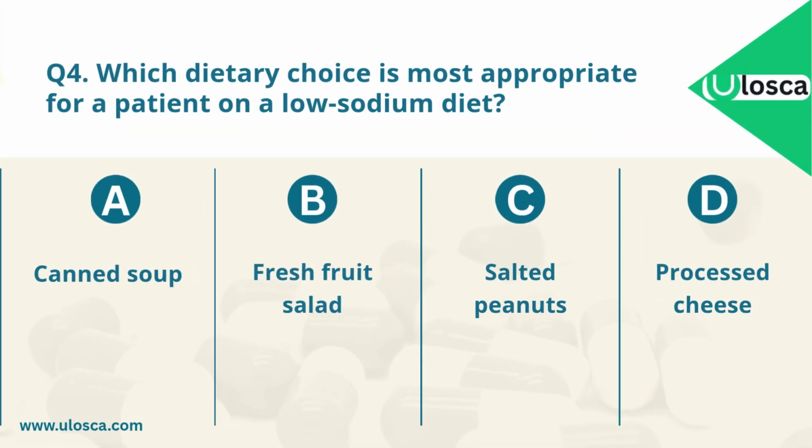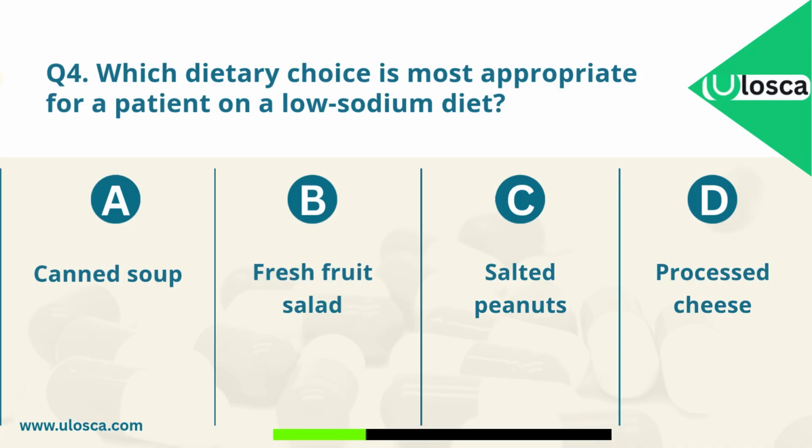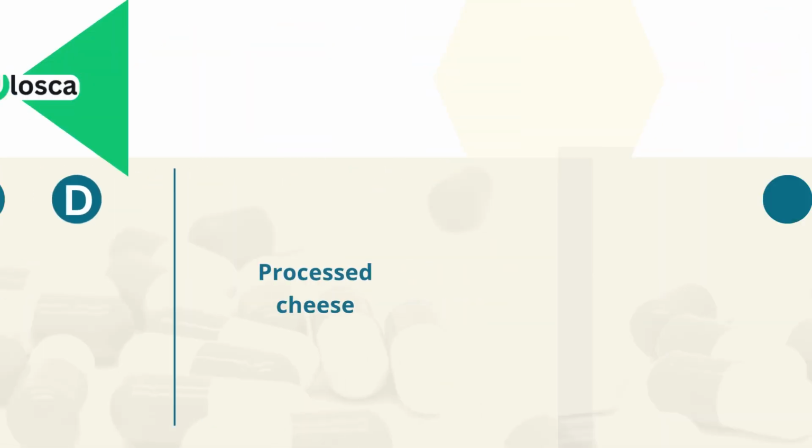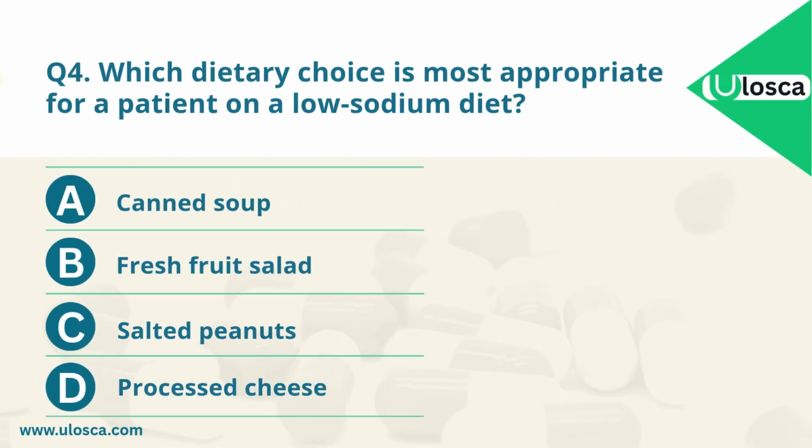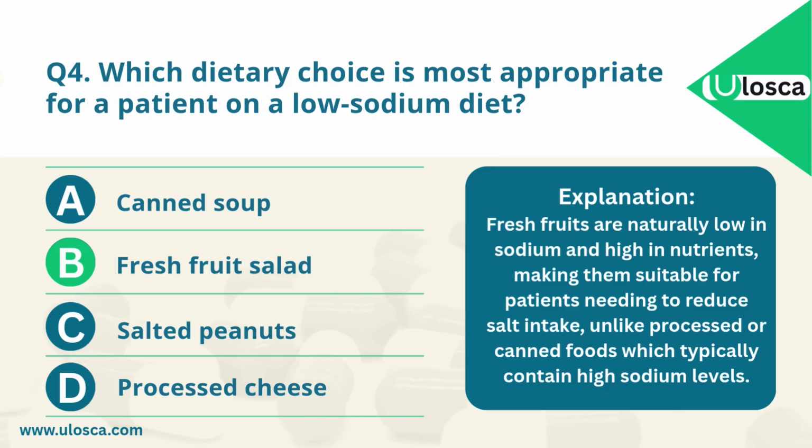Question 4. Which dietary choice is most appropriate for a patient on a low-sodium diet? A. Canned soup. B. Fresh fruit salad. C. Salted peanuts. D. Processed cheese. Which one is the correct answer? The correct answer is B. Fresh fruit salad. Explanation. Fresh fruits are naturally low in sodium and high in nutrients, making them suitable for patients